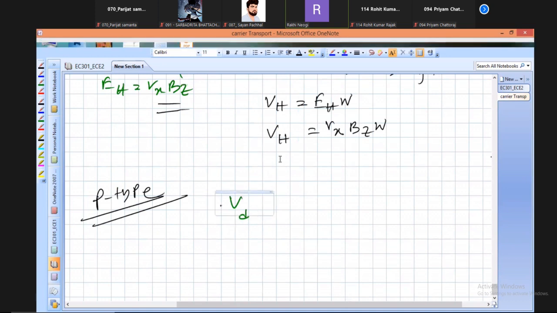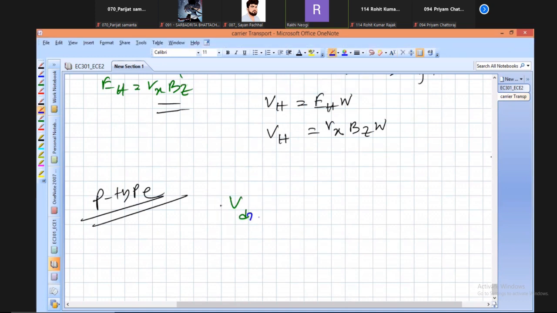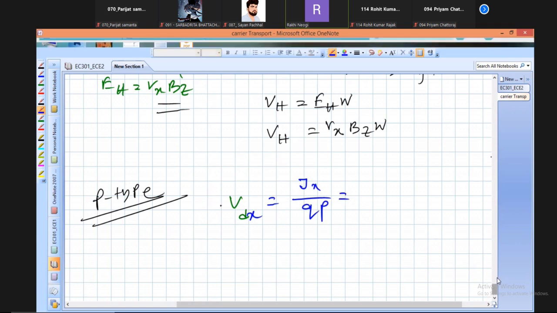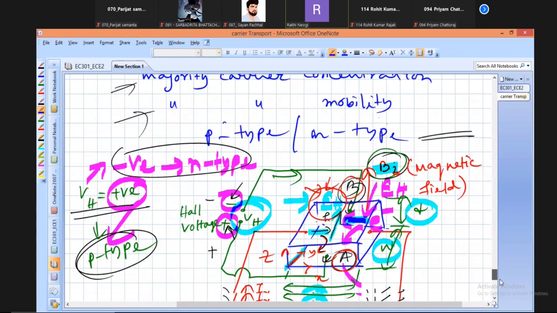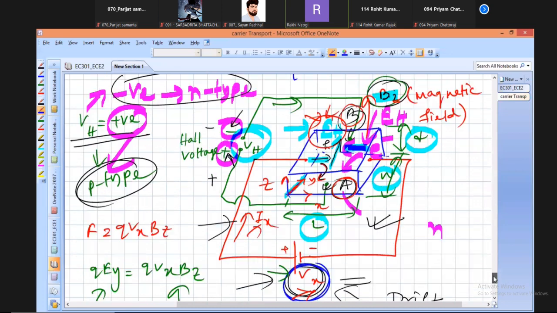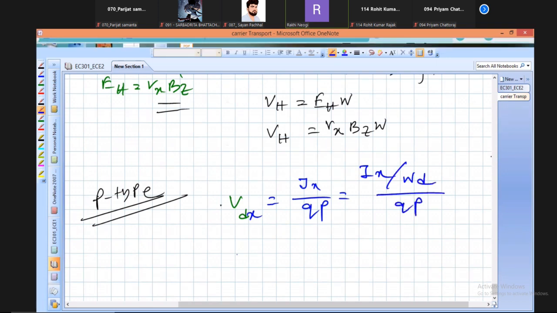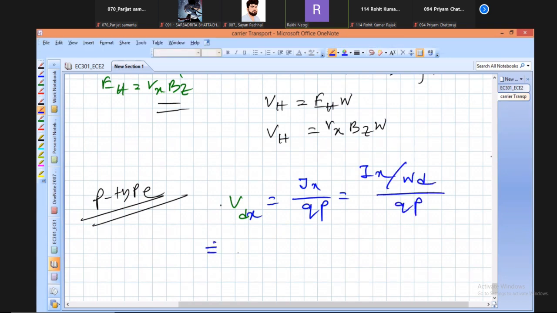VD is equal to Jx by Q. What is J? J is equal to I by A, and A is equal to W into D. So I can write Ix by WD by Q. That means VD is equal to Ix